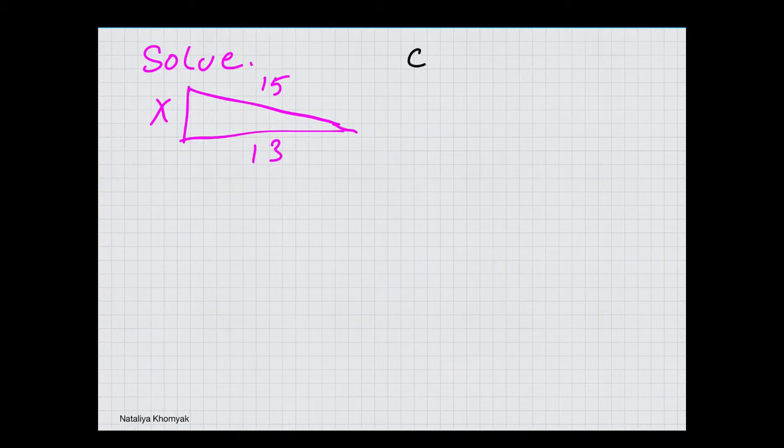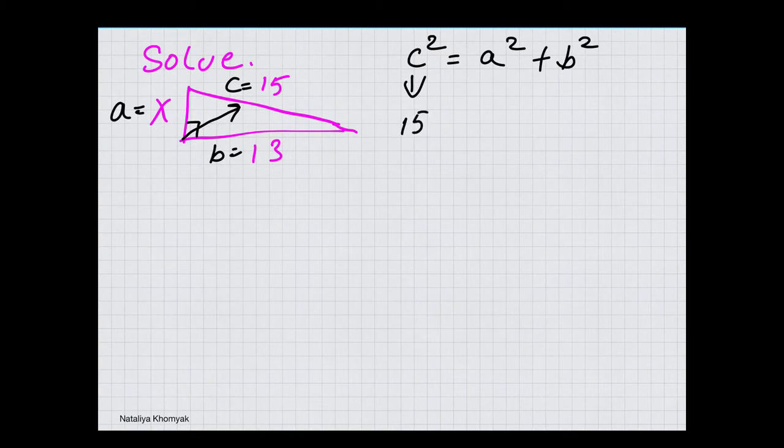Similar problem. We have c squared equals a squared plus b squared. The hypotenuse C is always across the right angle. It doesn't matter which one of them you label A and which one you label B, but it's very important that you keep C where it's supposed to be. So we have 15 to the second equals x to the second plus 13 to the second. 15 squared is